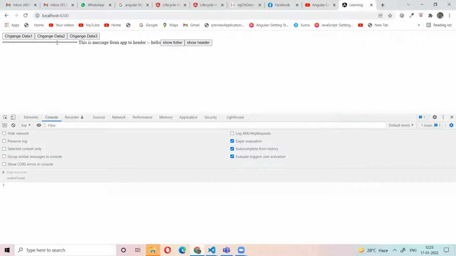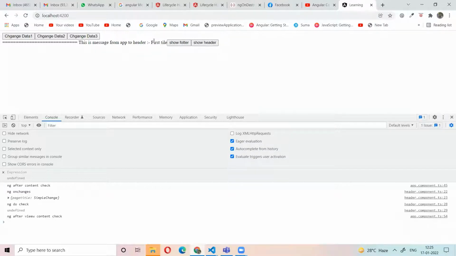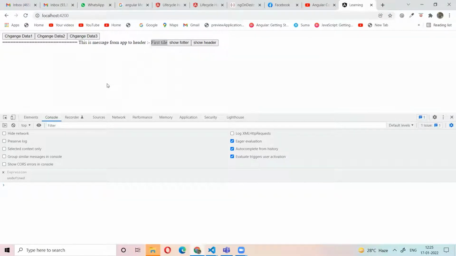For example, if I change this data, now the data is changed from its initial state. Now you go to another component and come back to this component. Again the data must be from the starting, right? For example, you have pagination and table data. The user comes and sees the first page data, then clicks and sees the second page data. Now in our component, the second page data is there.